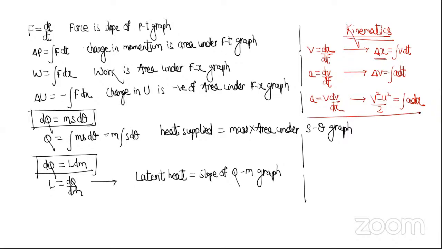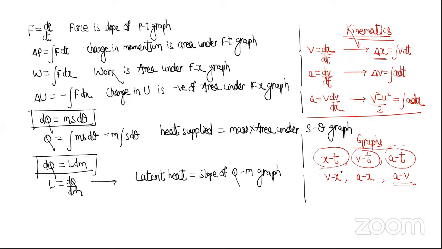Now the another way of remembering, graph wise, what all graphs we have. We have xt graph, we have vt graph, we have at graph, है ना, all graphs related to time, and then we have all graphs related to x, vx graph, ax graph, and then we will have another graph related to av. This is not common, these three are common, xt, vt, at, everything with t, and then everything with x, isn't it? So these many graphs we have. So now try to think, xt graph का slope से क्या मिलेगा, velocity तो xt graph का slope से velocity मिलेगा।